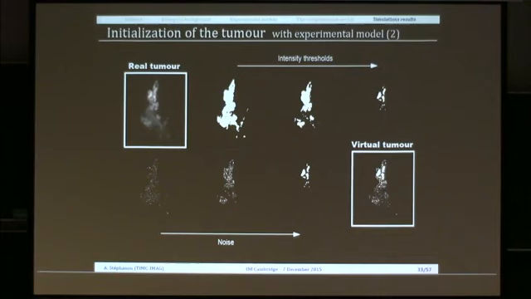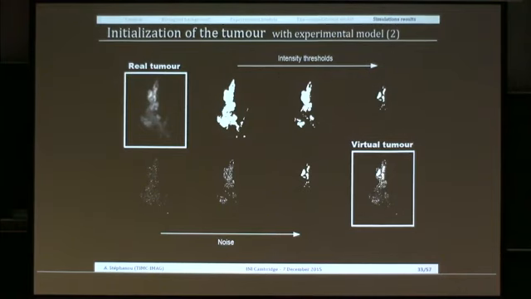So we used the experimental model 2 this time, on the ear of the mouse, and we made some images. And what we want to do now is to create a real virtual tumor. So to do that, we have the original GFP image. Now it's gray, it's not green, but it's the green image we saw before. And what we did is apply some intensity thresholds, because what we really want to do is capture the different densities of tumors in this one to recreate them virtually. So it's a way to do it, to apply different, increasing thresholds here